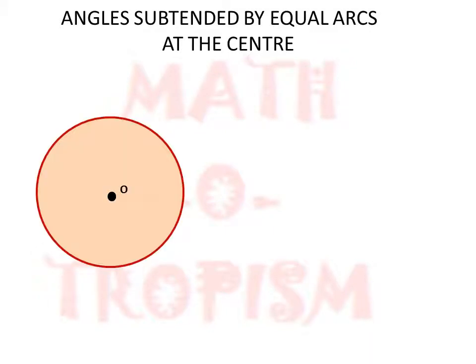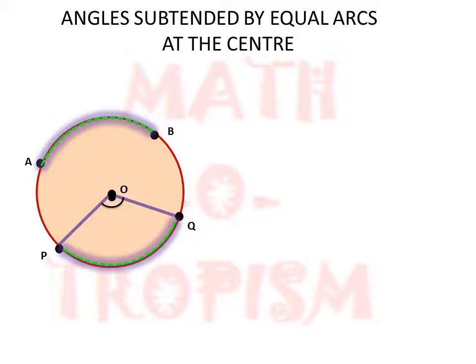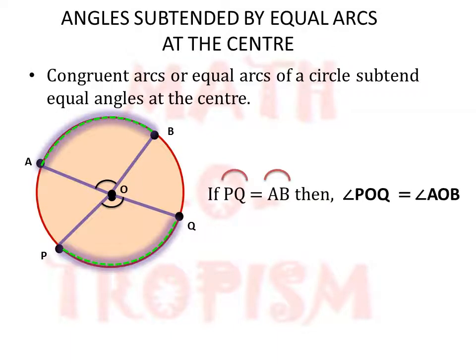Continuing with the arcs, if we are going to now subtend an angle at the center, that means with the arc endpoints we are going to join the center. So if arc PQ is there and we are joining OP and OQ, similarly arc AB is there and we are joining OA and OB, and both PQ and AB are equal, then the angles subtended at the center by these two arcs are also going to be equal. Which means angle POQ is equal to angle AOB. Equal chords subtend equal angles at the center as well as have corresponding arcs which are also congruent.